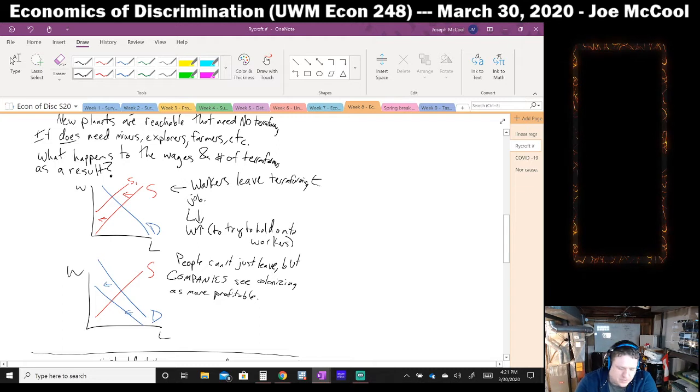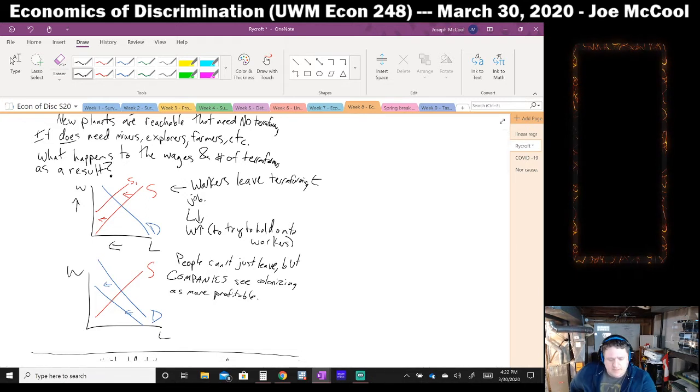So the supply would go down. You're going to have to pay them more. There are fewer workers available because they're switching over to these other jobs. You'll have to pay them more to keep them on hand. So if the supply has a downward shift, then the wages are going to go up and the number of workers is going to go down. They don't want to do this job anymore. So think about something like nuclear power plant workers after the Chernobyl incident, right? Like suddenly very educated engineers don't want to be in nuclear power plants. So holding all else constant, you would have to pay the ones who are going to stay more.